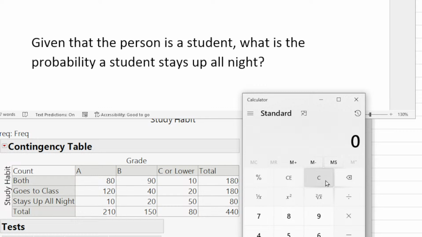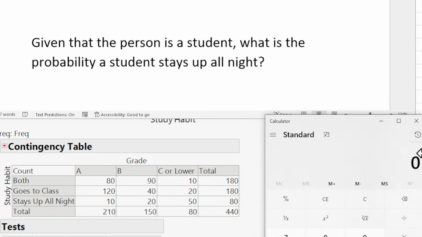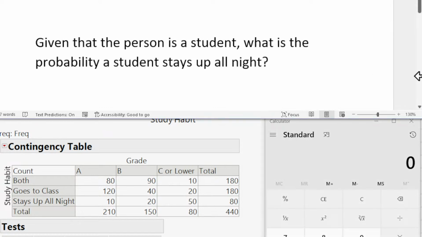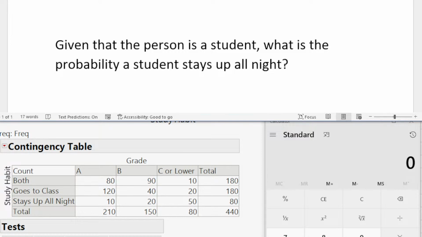Great job, Blake. If you can make up these questions and then solve them yourself, you understand how to do it. We're going to do a bunch of questions practicing this. Given somebody is an A student, what's the probability they stay up all night? So how would we find this? Given that a person is an A student,